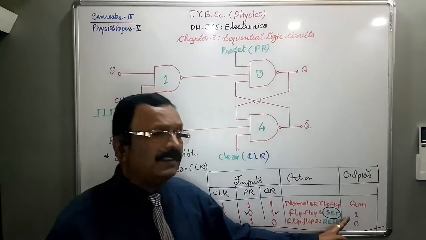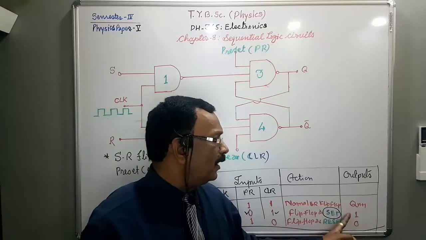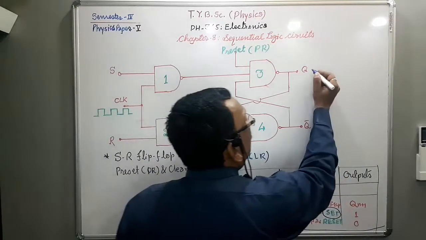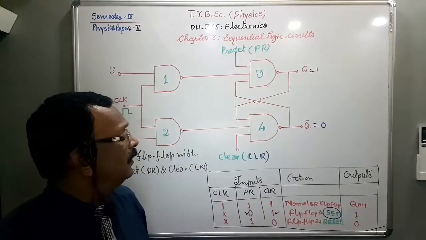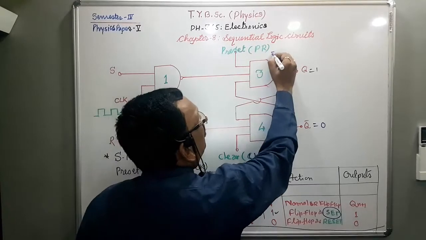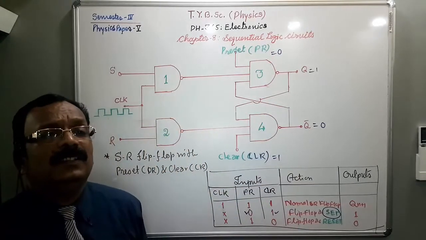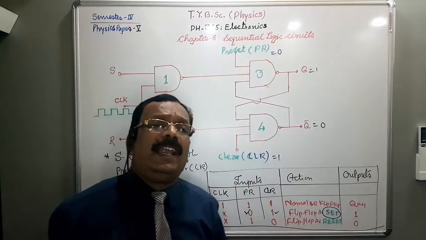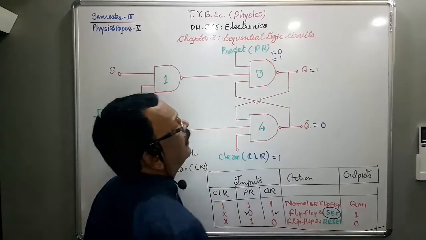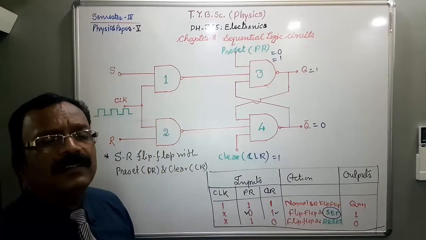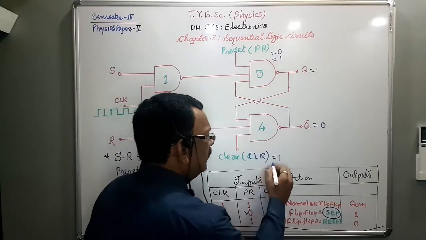And for that purpose, when the flip-flop is set, Q is equal to 1 and Q bar is equal to 0. When this is equal to 0 and this is equal to 1. Okay. Now on the other hand, when PR is equal to 1, when we preset for logically high state, and CLR is equal to 0,